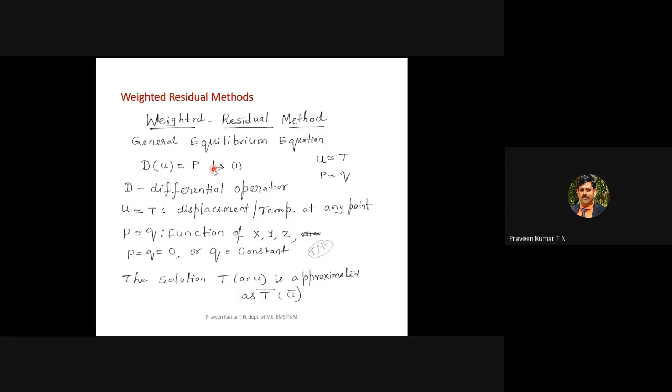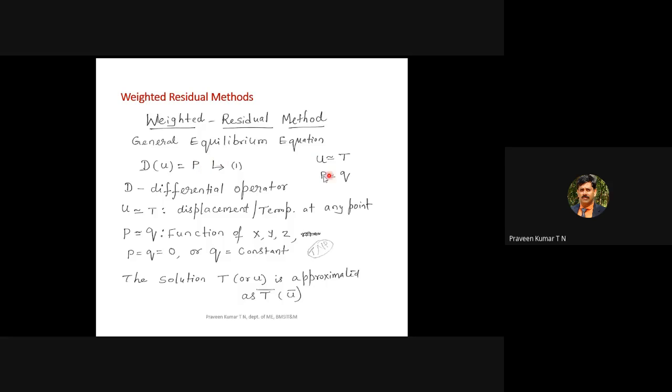The complete differential equation is referred to by D of u. We have del square T divided by del x square plus del square T divided by del y square plus del square T divided by del z square, that's equal to Q, and so on. The complete set of equations on the left hand side is referred to by D of u. It is almost like K T equal to the force vector or R. Finally, it is in the differential form that can be written as the equilibrium equation.